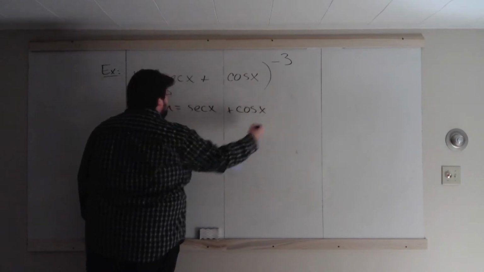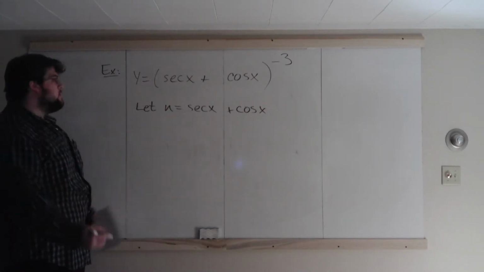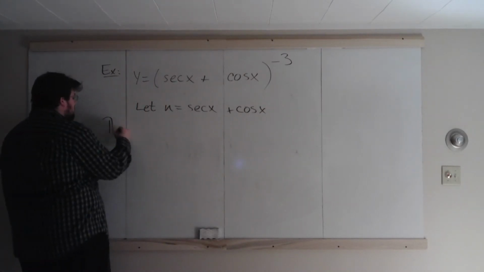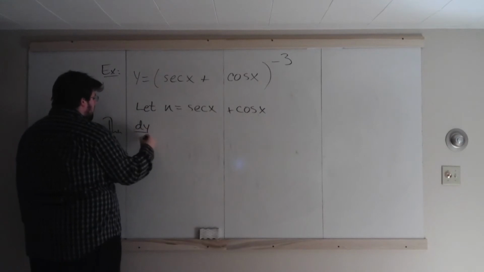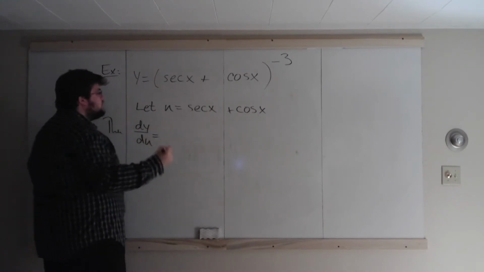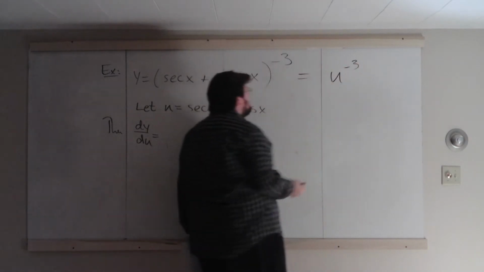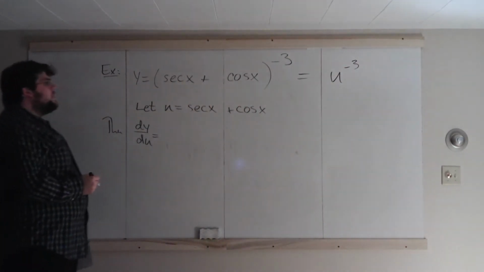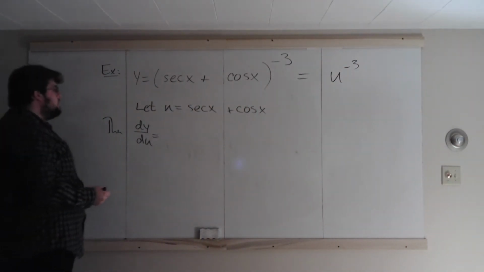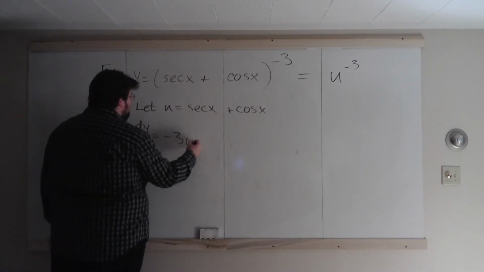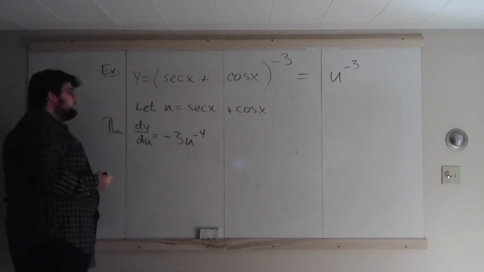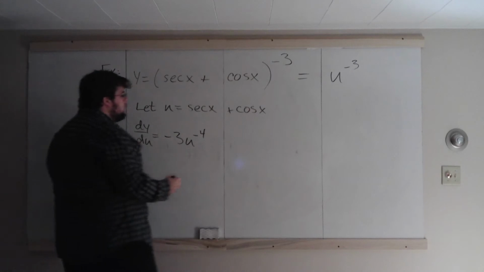So we're going to let u equal that something. So dy du, well, what's y as a function of u? u is that thing, so y as a function of u is just u to the negative 3. dy du is negative 3u to the negative 4. And